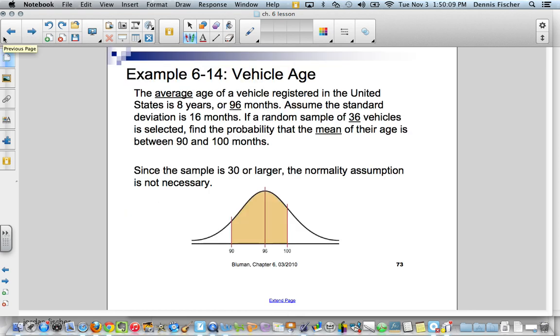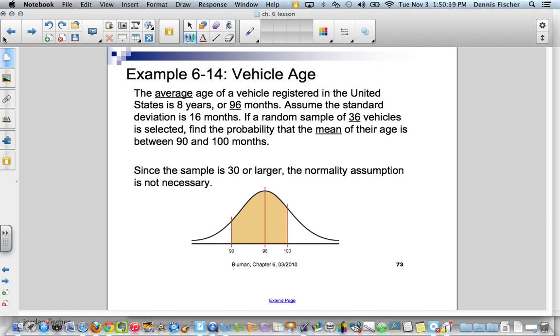Here's another one. You notice they're really nice to you. I don't do this on tests, but they're pretty nice to underline certain words. It's not going to happen on a test. But they have the average age of a vehicle registered in the United States is 8 years or 96 months. Assume the standard deviation is 16 months, and if a random sample of 36 vehicles is selected, find the probability that the mean of their age is between 90 and